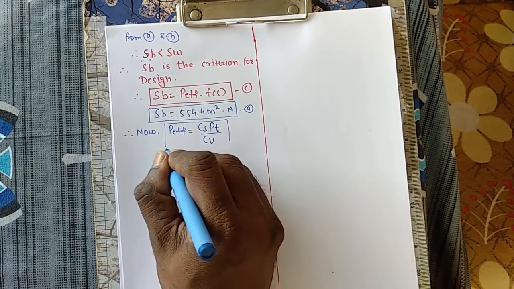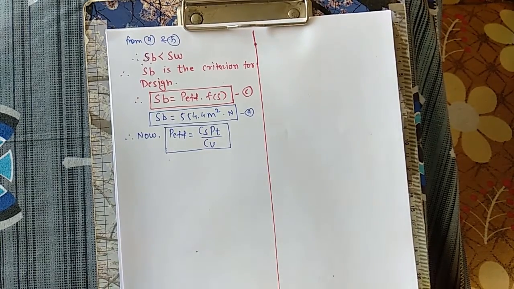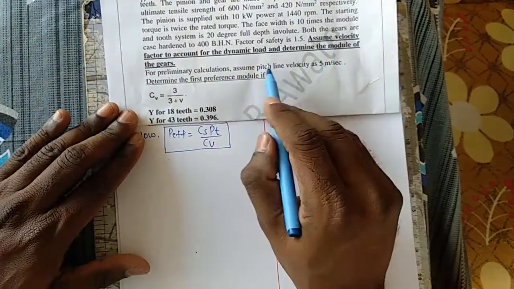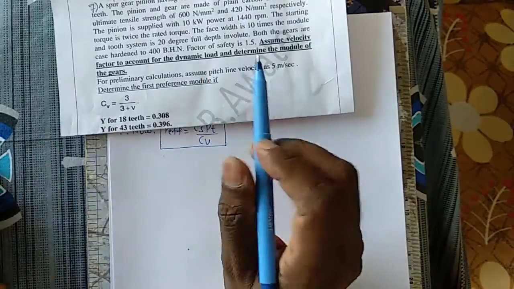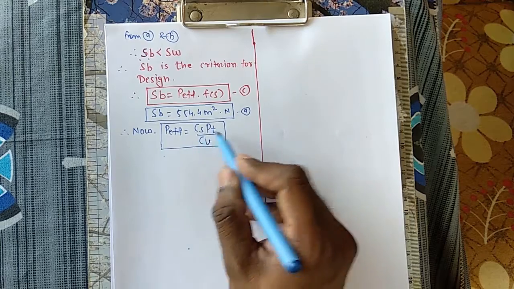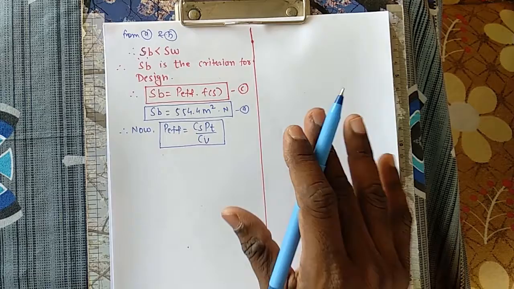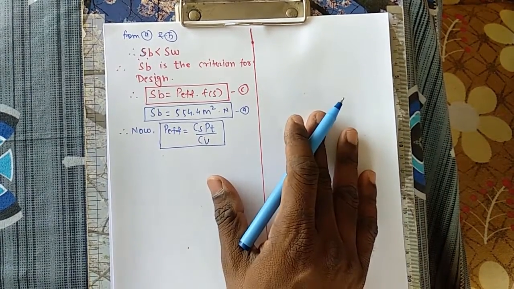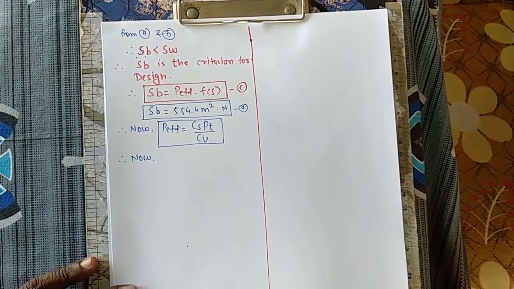Why have we used this equation? Because whenever we are designing the gear, we always have to use the approximate method by using velocity factor. And in the problem also they have mentioned, assume velocity factor to account for dynamic load. Even if it had not been mentioned, we would still use this equation because it is used in the initial stages of gear design, when the dimensions of the gear are not known. Here dimensions not known means we are still designing the gear and we are in the initial phases.